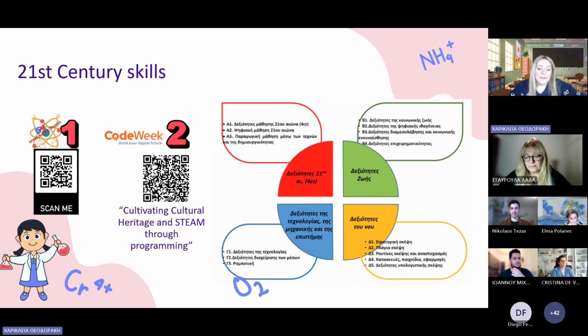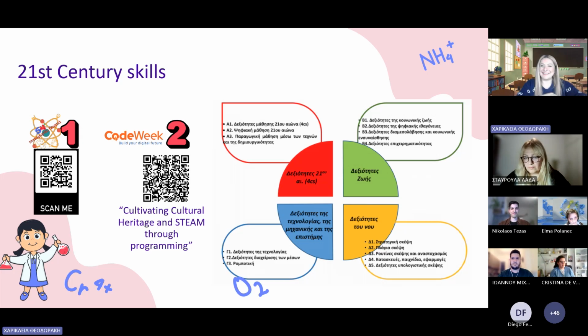So to be extra prepared, here is how my project hits the categories of this image. At the red triangle, we can see the 21st century skills, the creativity. At the blue one, we can see technology, engineering, and science, and robotics. At the yellow, we can see the mind skills, and on the green, the life skills.